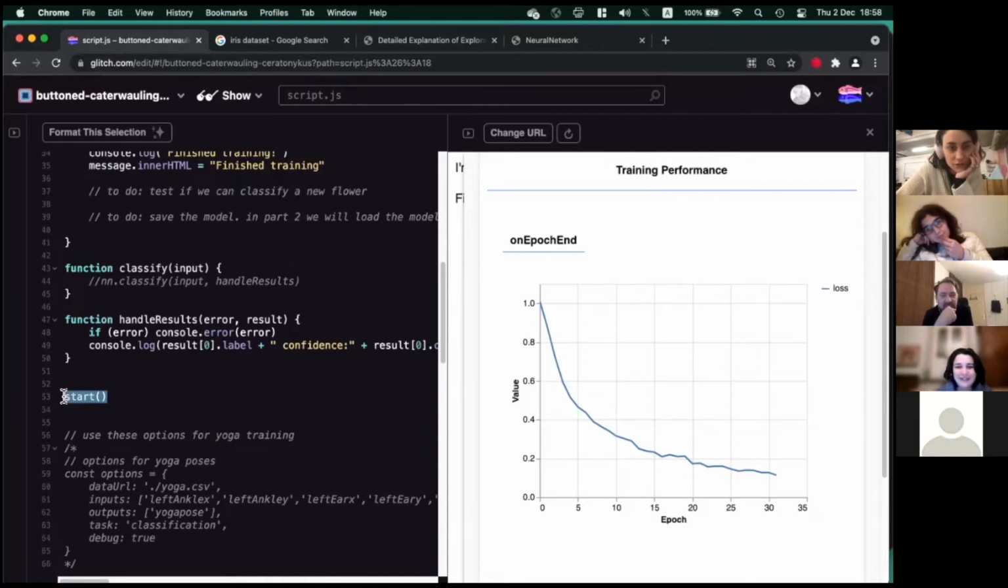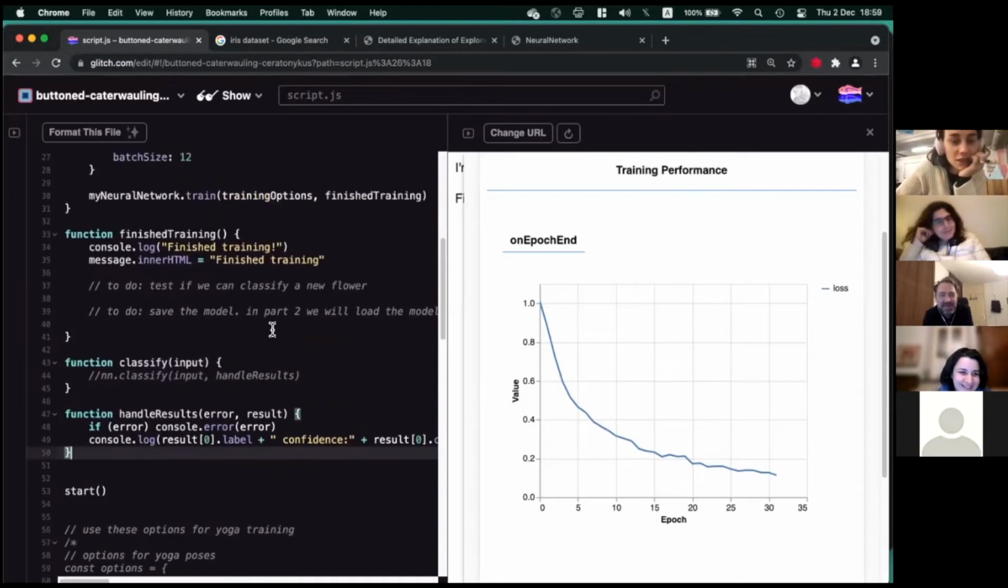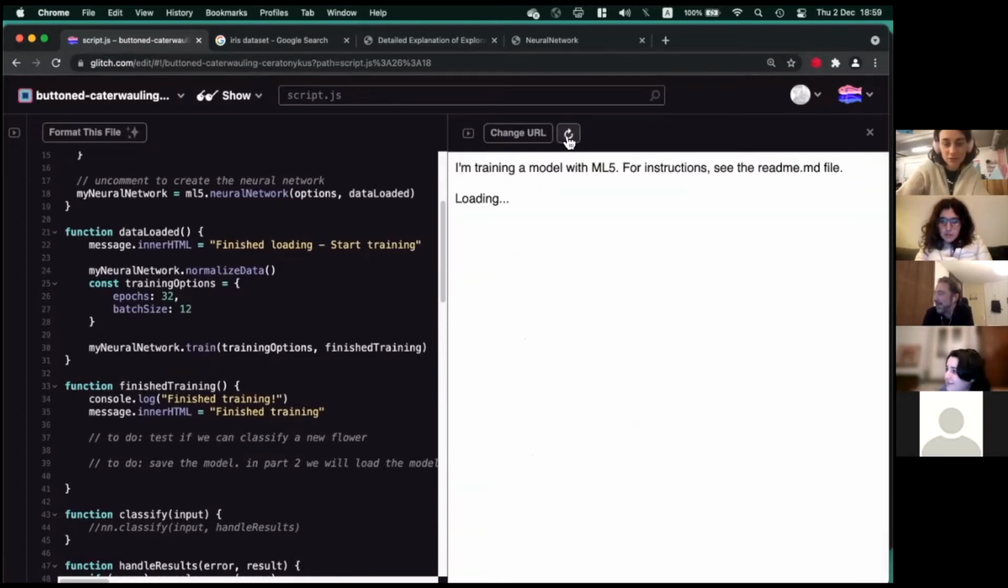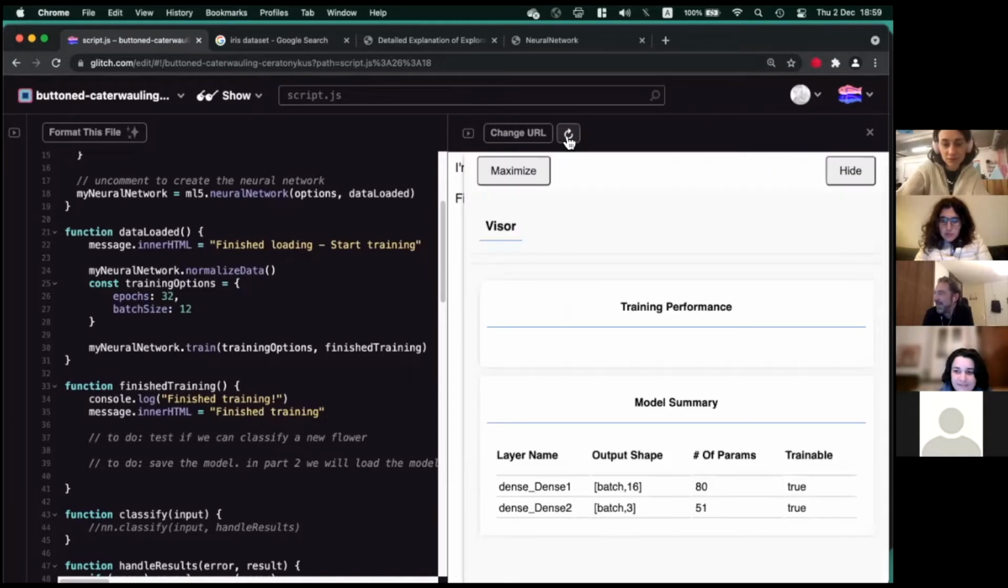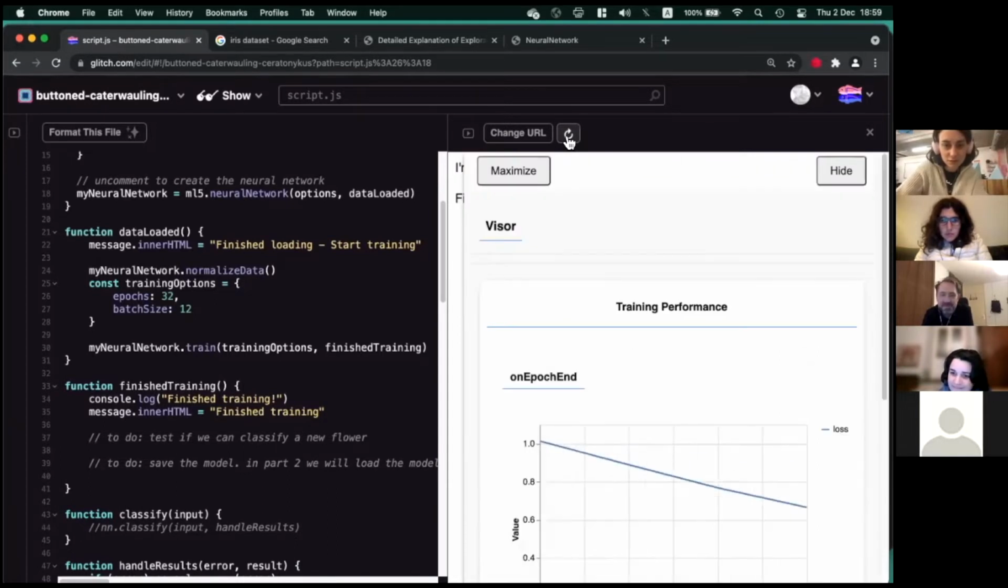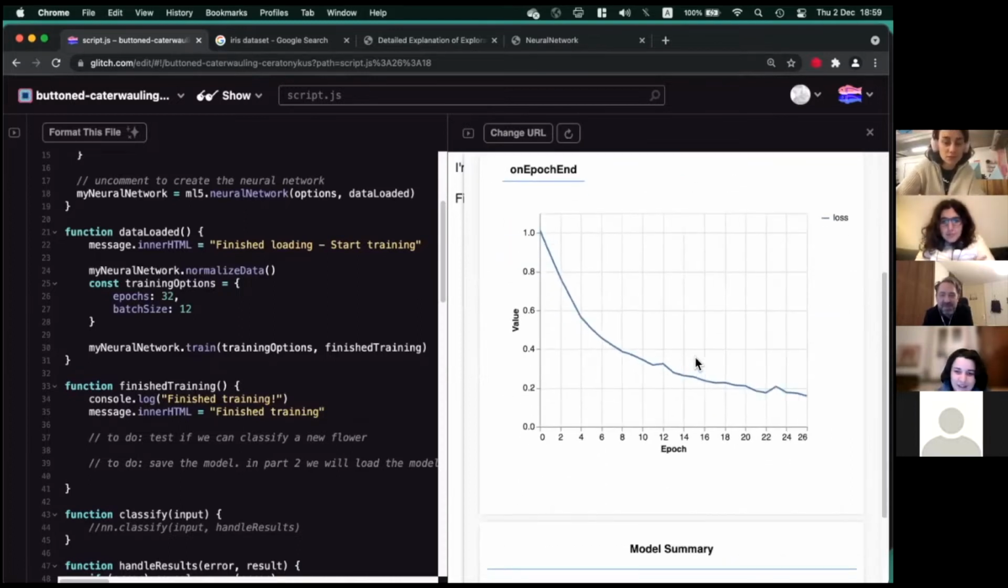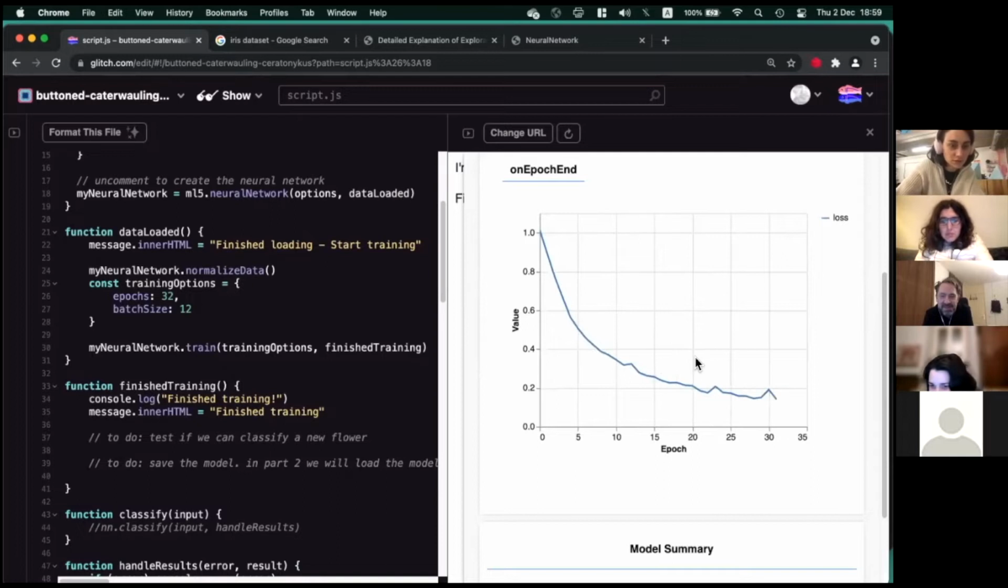Okay, I finished loading. Cool. Yes, you finished loading. And then the training has to start. Did you get that part? Yes, start training. Do you also see this graph? Not yet, but